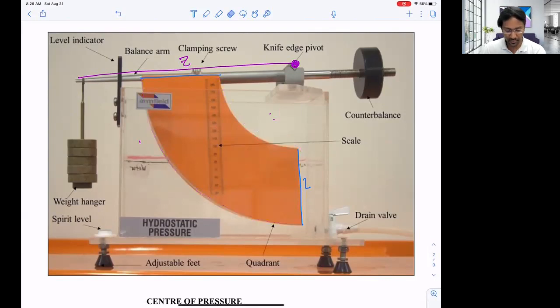So considering the same principle we mentioned, what will be the experimental setup? How can we measure that center of pressure? So at first, since it is an instrument, and it's a kind of setup, we can move this setup from one place to another. You can see we have different legs. At first, you have to balance it using that spirit level here. You can see a bubble. When it is perfectly balanced, then